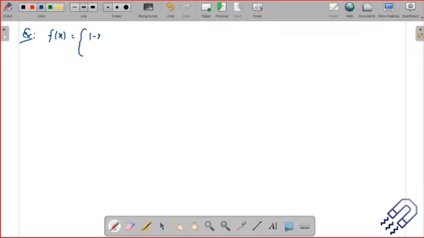1 minus x square. This is modulus of x less than 1. And then this is 0. This is modulus of x greater than 1. Okay, and here also we have to prove. Okay, what we have to prove? Prove that